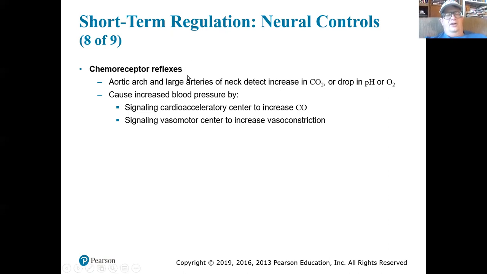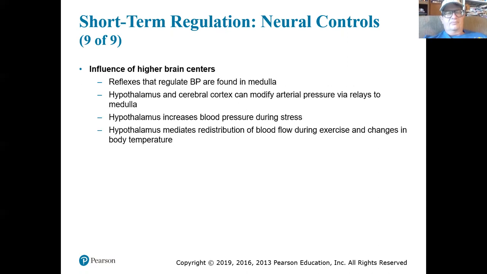We could also signal the vasomotor center, which could send a signal that will increase vasoconstriction. Why would we do that? Because you want to make sure that the pressure is high enough that you're delivering the blood to the brain. Anyway,